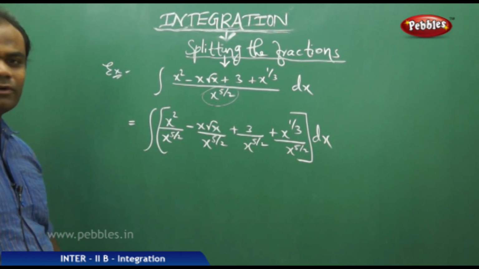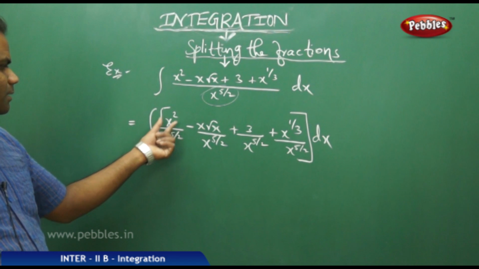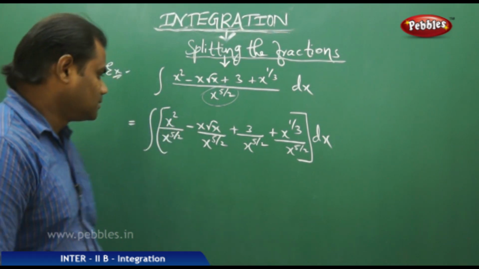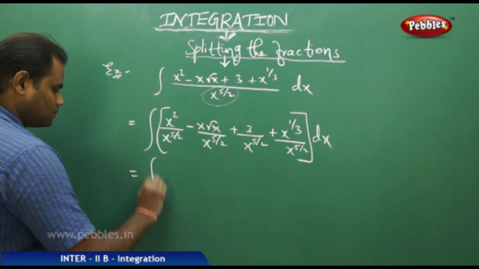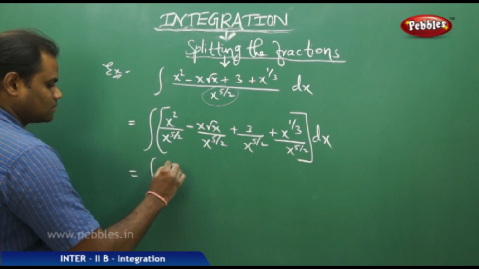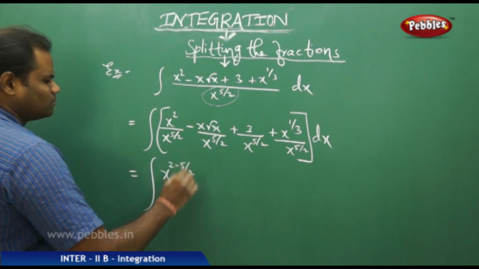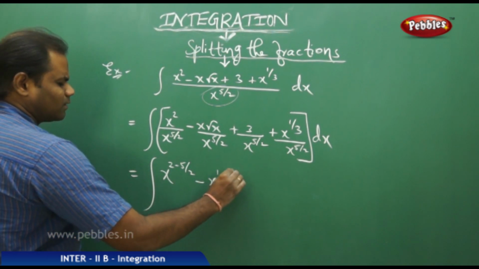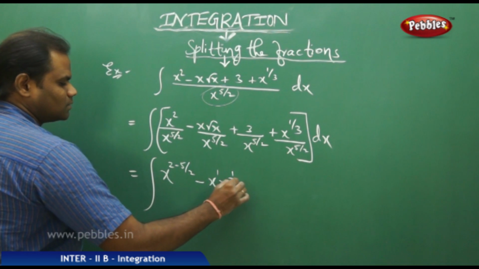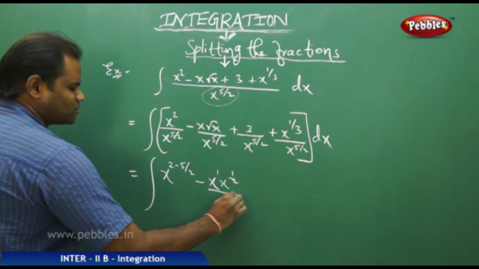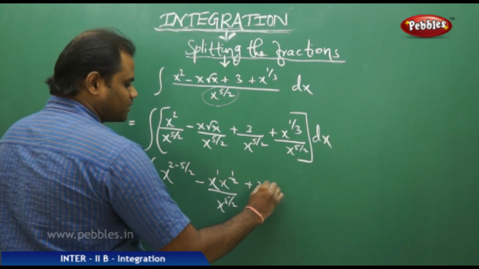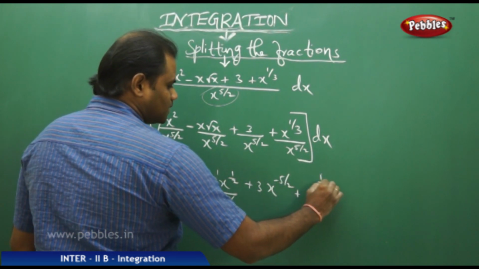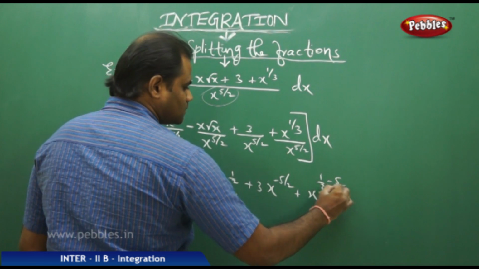Now this on further simplification gives a power m by a power n is a power m minus n, and therefore this gives us 2 minus 5 by 2, and x root x is x power 1 by 2 by x power 5 by 2, and this gives 3 times x power minus 5 by 2 plus this minus this